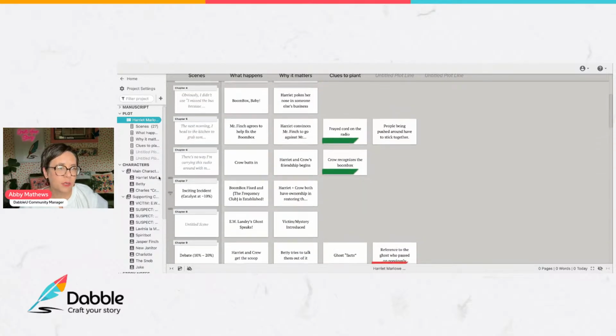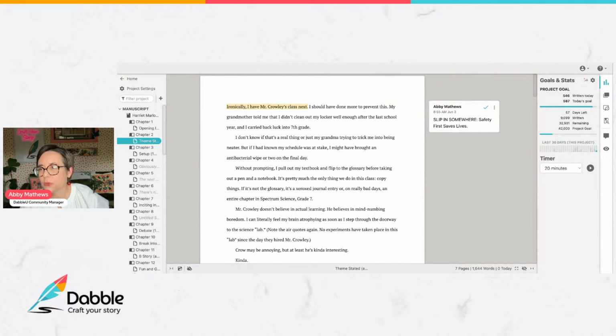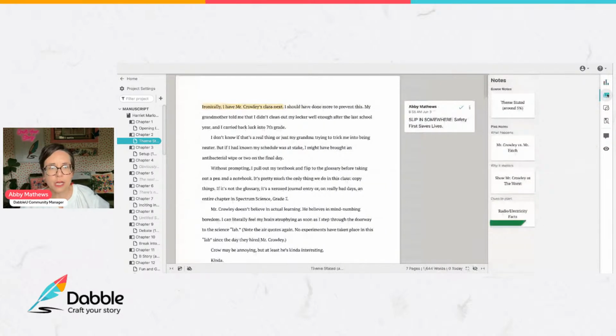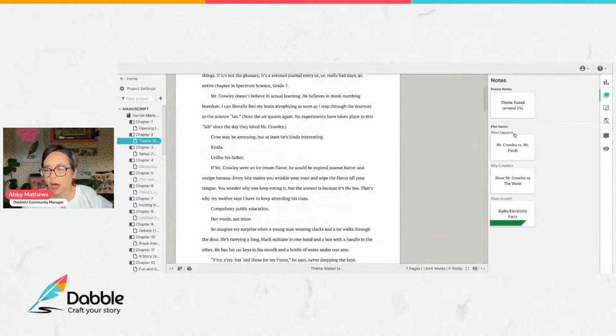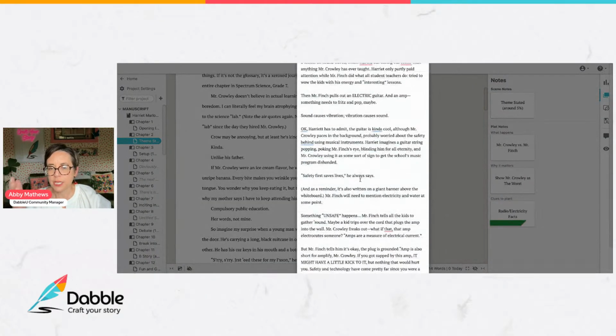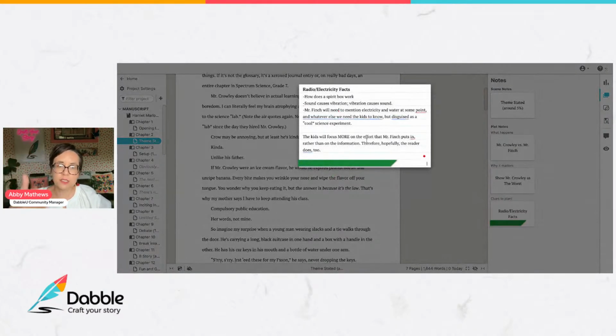So when I go to start writing, let me open up here. So chapter 2, and I go over and I click my notes. You can see as I was writing, I had all of my notes and the clues that I needed to plant in this chapter right here, right in front of me. So if I'm writing and I sort of forget what I'm doing, you click on this, your notes come up, right? Here's my radio facts. So these are the things about the radio that I know I need to work in, and I know it's a real clue.